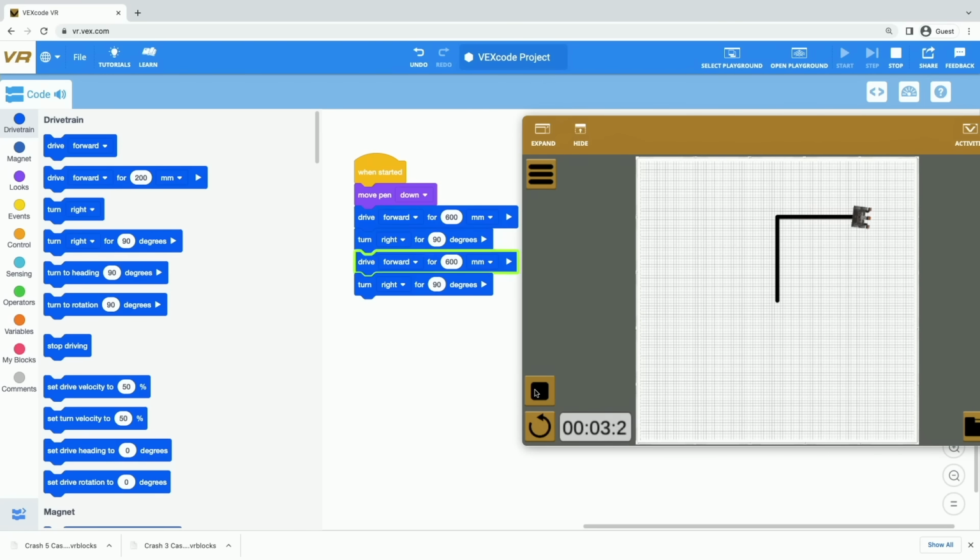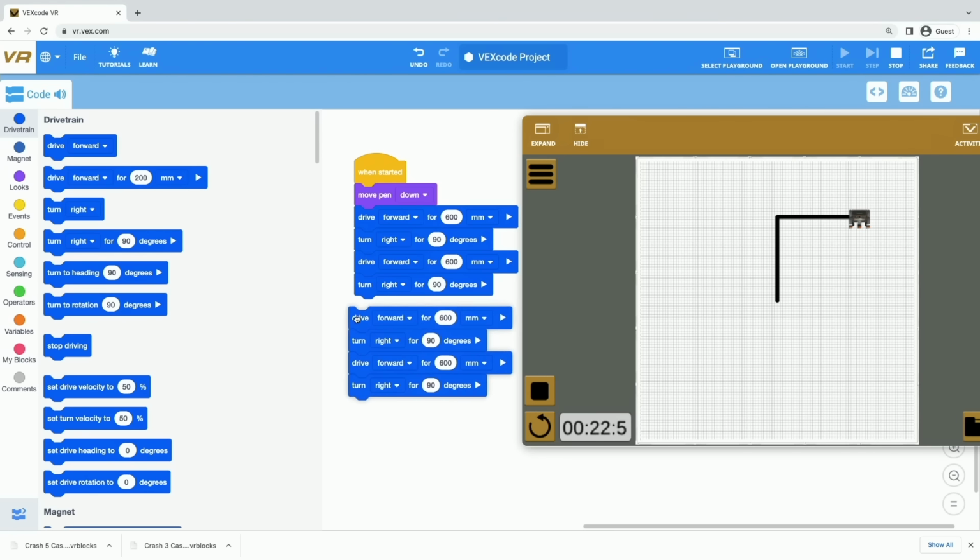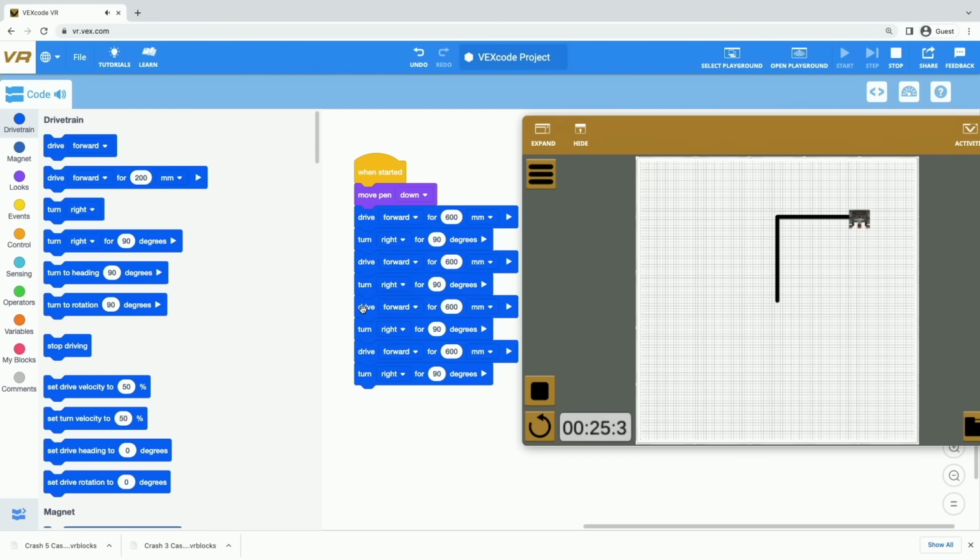All right, we've got one side, now 2 sides of the square, and the robot is ready to do the 3rd and 4th side. So we can use that trick again, right? We need it to do the same exact thing, basically 2 more times. So I can go back to that top block in my stack, right-click, select Duplicate, and now I've got all of those blocks a second time that I can attach onto my stack and run them. Okay. 1 side, 2 sides, 3 sides, 4 sides. Fantastic. We drew a square on the Art Ring canvas. That is amazing.